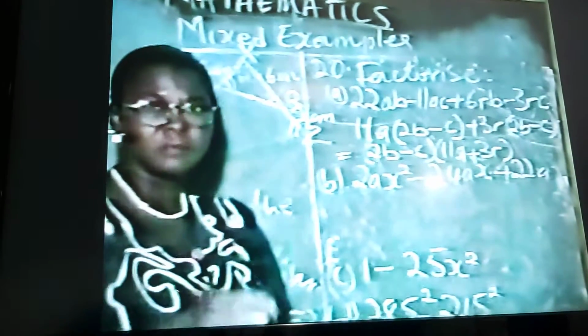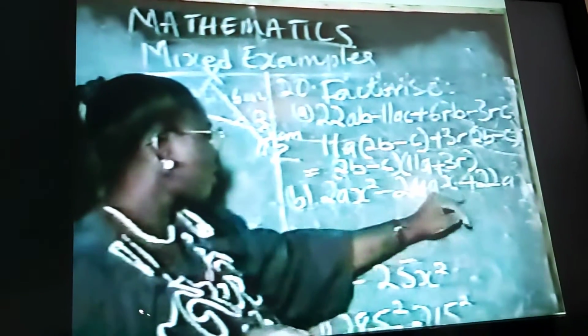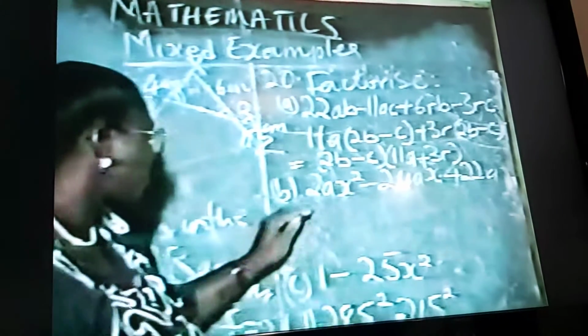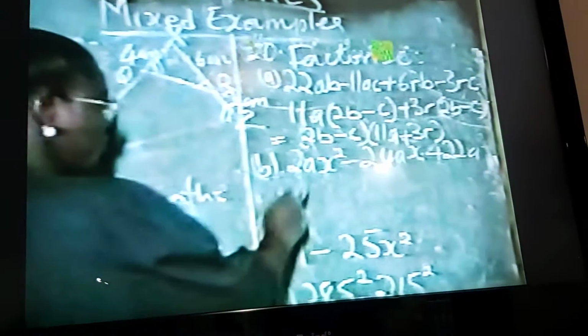In factorization, the first thing you did, if you remember, was that once a number or a letter is common throughout, that is the first step to take. You bring it out. If you look at 2AX squared, 24AX, and 22A, they have a common factor. So the HCF is 2A. I hope you got that. So we first of all bring out the 2A before we get out another expression. So 2A